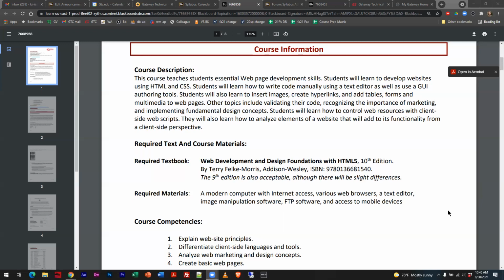Mac, PC, or Linux machine will work. I do get people who come in that run Linux. That's absolutely fine. You don't need any real special software. You do need to be internet connected. You do want a good broadband connection. And any of the software that we use in this class will be available for free. You can also opt to use paid software if you want, and I do get people that do that.